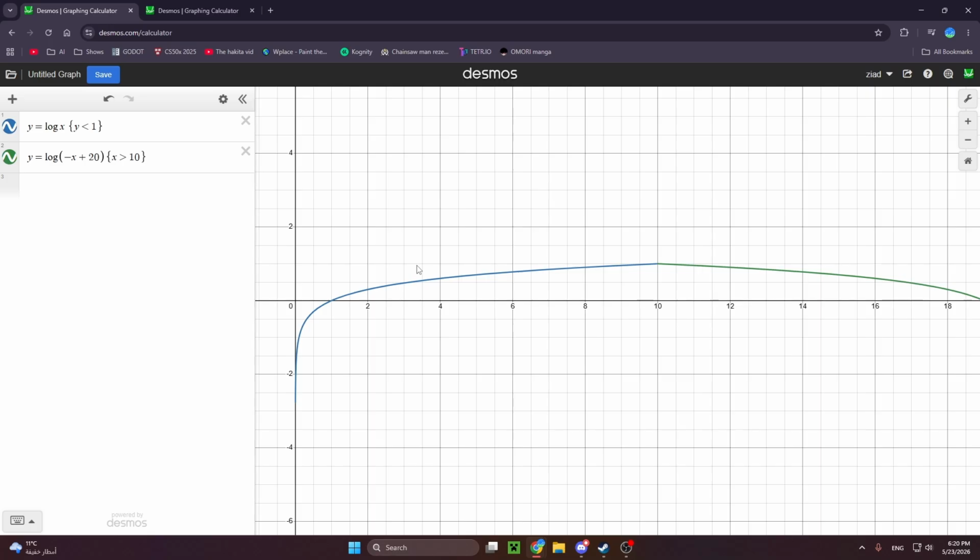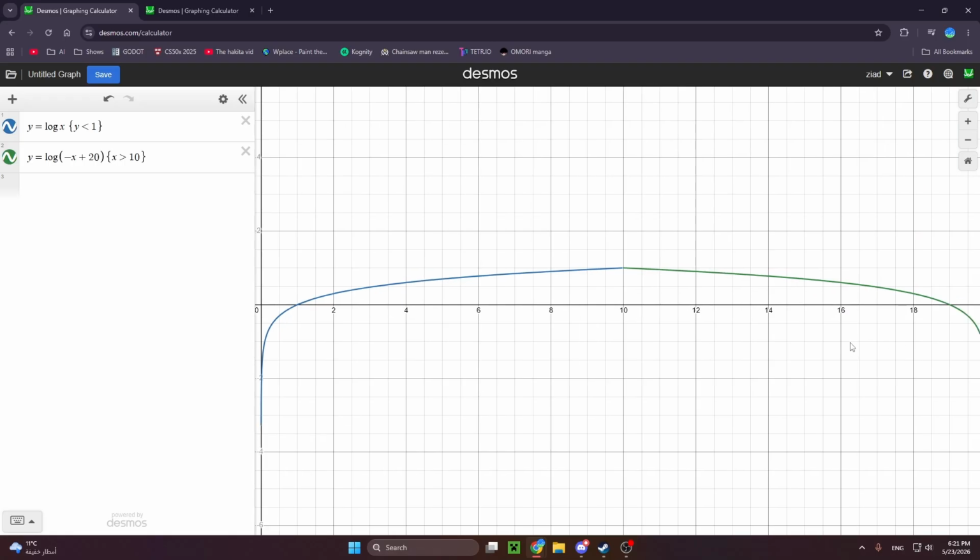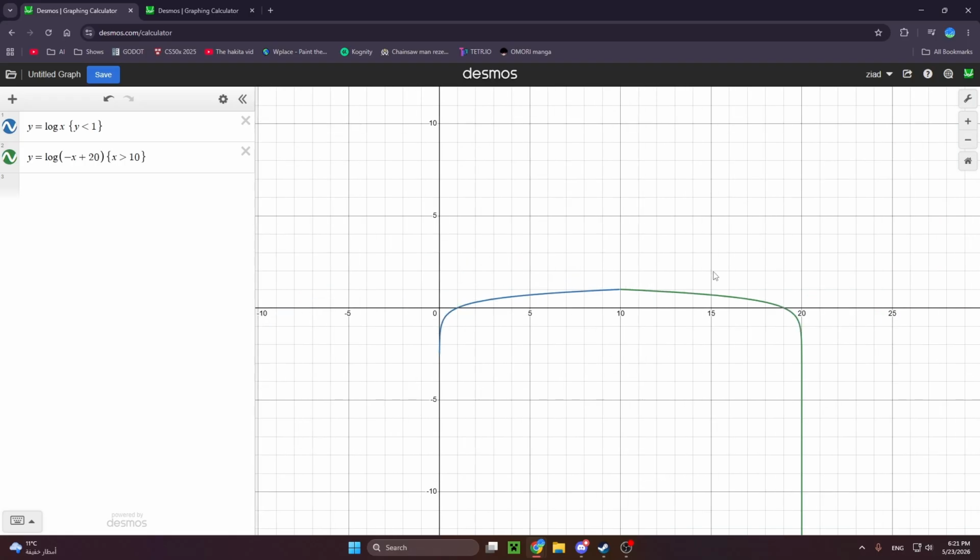Now, a graph of something more like this would be more representative of The Binding of Isaac. This graph uses the log function. The log function has some very interesting properties, and the biggest one that game developers use is that if you graph it, it's a very smooth function. It curves, starting off very quickly, then it starts to flatten. So this can be more representative of The Binding of Isaac.